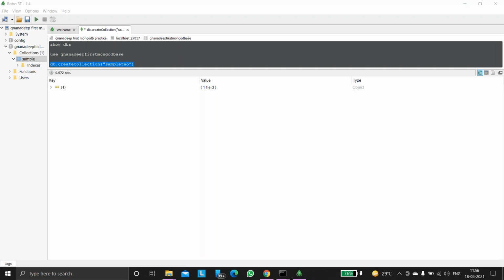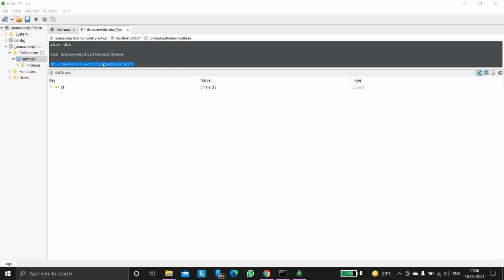Tomorrow class I will give you a little bit notes related to this use command and create collection, and then after we will insert some results and we will try to fetch some results also. Okay, we will insert the results and we will try to retrieve, or else we will delete that collection. Everything we will discuss. Okay, so we will go a little bit deeper from tomorrow class onwards. Okay. So today class we have successfully completed installation of MongoDB and how to start MongoDB. Okay, importance of Mongo and Robo3T installation and importance, and how to run the queries and how to execute all these things we have completed.